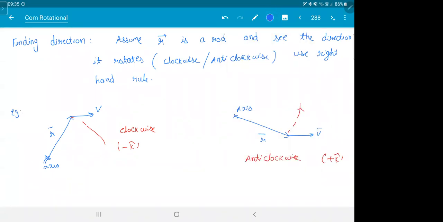If you remember in torque also, what is R bar? Vector from the axis to the point where force is applied. Have a look at this. Any doubts, please ask me. Any doubt, get it cleared up, because angular momentum, rotation, this is the toughest part. And if you know how to calculate angular momentum properly, it is very easy to solve. Most people have a problem because they don't know how to calculate, first of all. So have a look at it.